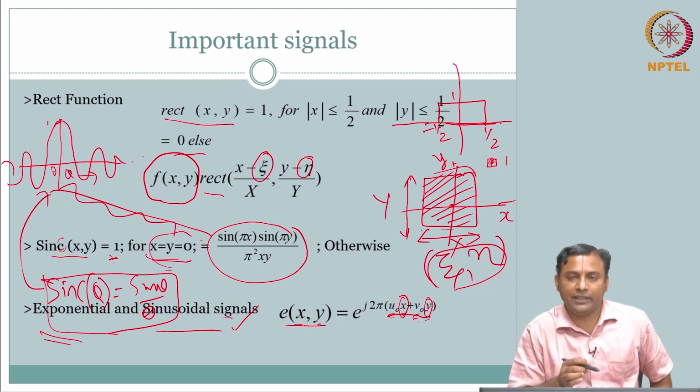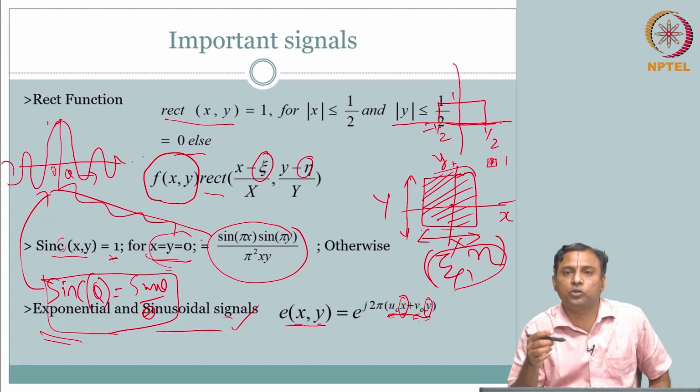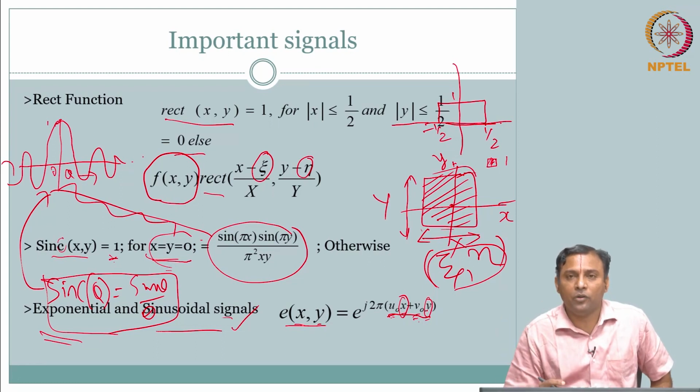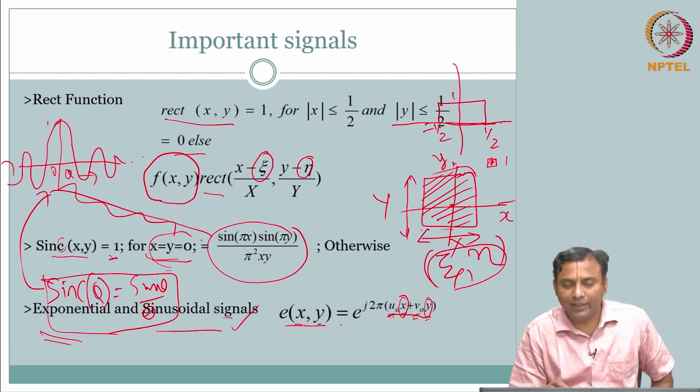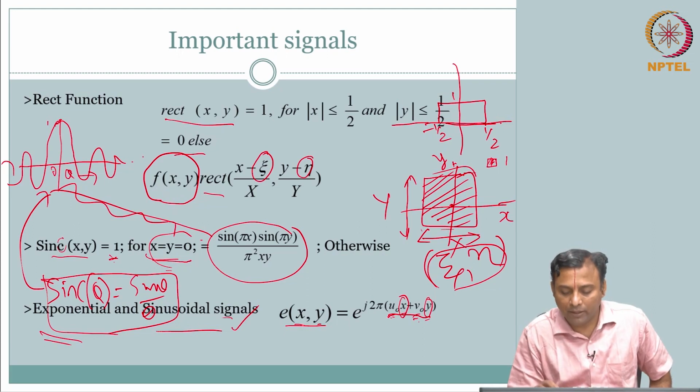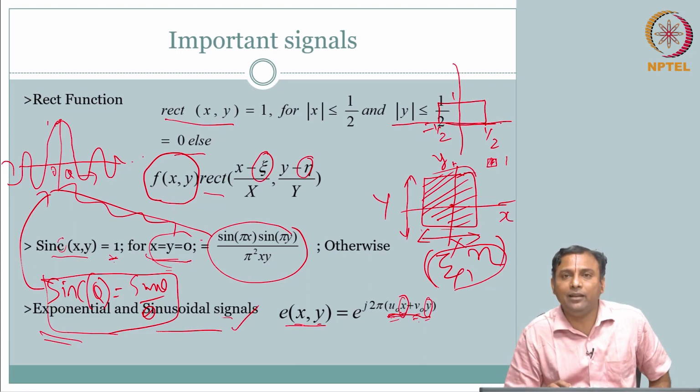From 1D we extended to 2D. In 1D the independent variable typically you would have been exposed to is time, and therefore you take it for granted, oh, the frequency there is so many cycles per second. Whereas here mathematically it is the same representation, but the context and the meaning is slightly different because the units are different. Okay,